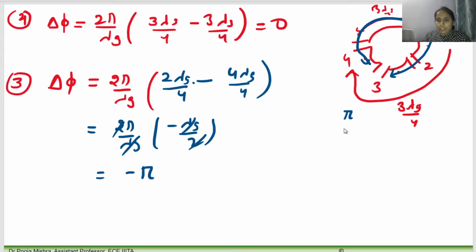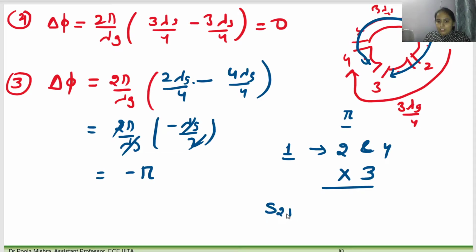So these waves will cancel out each other. So if you send the signal from port 1, it will appear at port 2 and 4 but not at 3. So what is the scattering parameter here? You are sending a signal from 1 to 2, S21 will exist here, S41 will exist here, and both the waves will be equal because the wave will be divided equally. If all the ports are matched here, the wave will be divided equally between port 2 and port 4. Unless you have created certain conditions here, both waves will be divided equally.